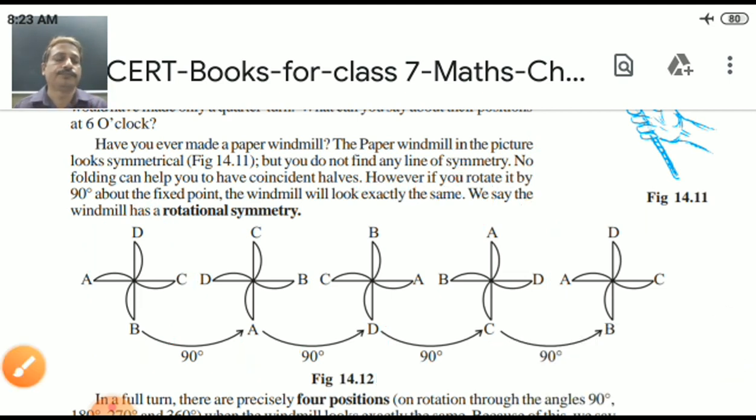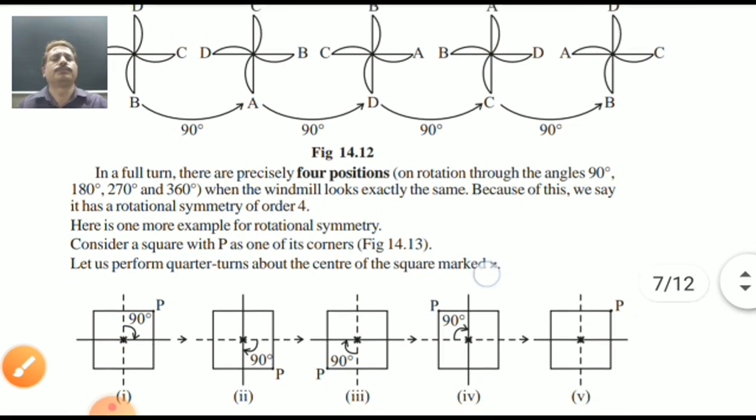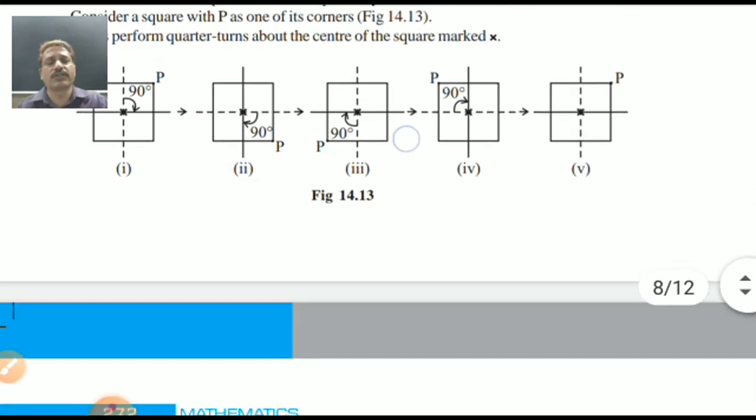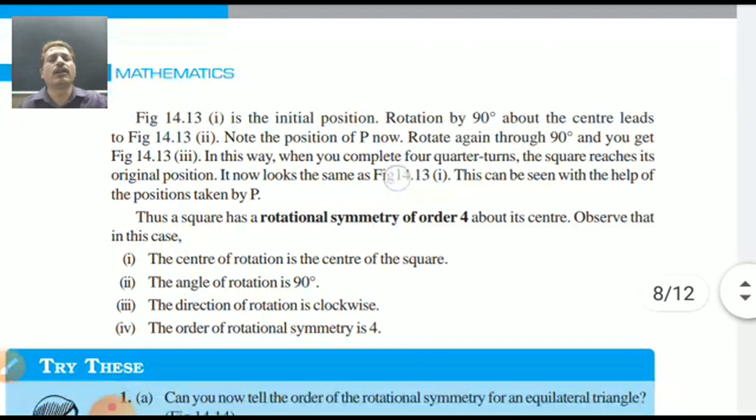Good. 4 time positions change. Same way for any picture. Suppose here P dot is given on the right side. When I turn to the right, clockwise means like this way. Anti-clockwise means the opposite. Like the clock is moving, it's clockwise. How does the clock move, have you all seen? That's why I showed the tower. Yes, good student. So clockwise or anti-clockwise 360 degree will give the original picture.